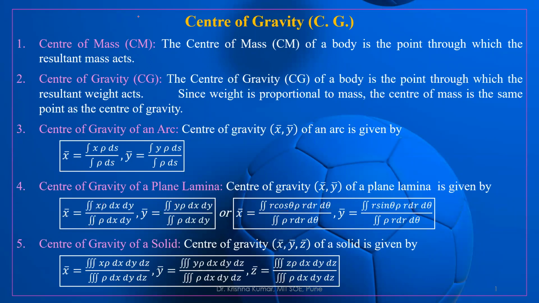Similarly, we can also find the center of gravity of a solid. It is (x bar, y bar, z bar). For x we take the x coordinate with rho dx dy dz, which is the volume. Similarly for y and z coordinates. These are the formulas. With their help, we can find the center of gravity of an arc, plane lamina, or solid. So let us take one example